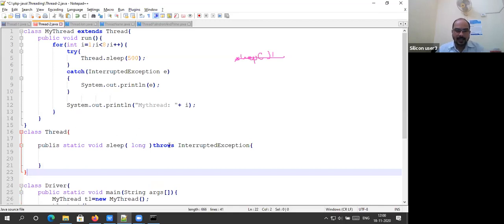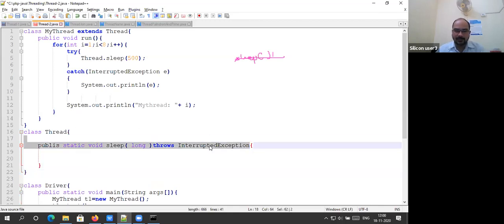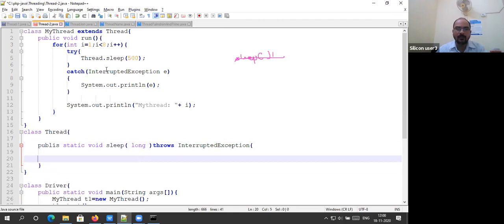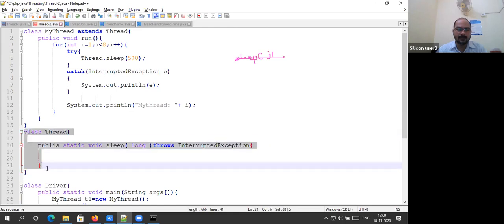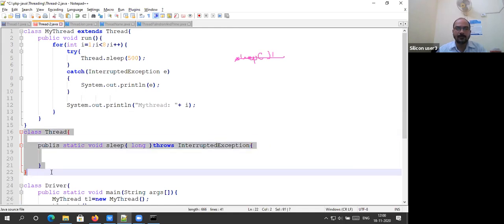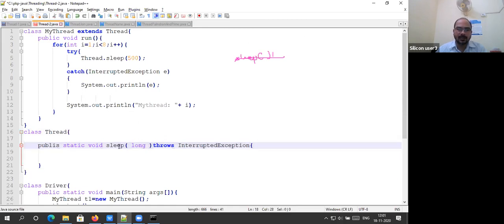That means if a method throws any exception, anybody who calls that method is bound to put in a handler. Is that clear? Repeat: if a method calls the sleep method, as sleep is defined inside the Thread class and throws InterruptedException, you are bound to put a handler for it.